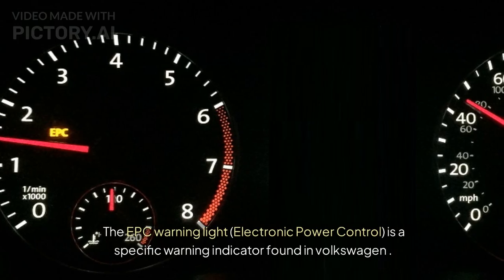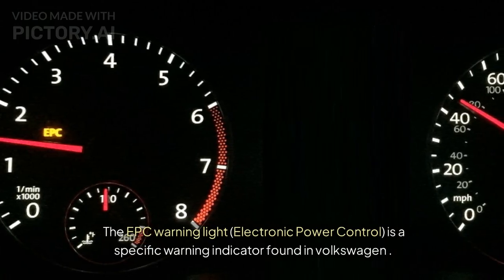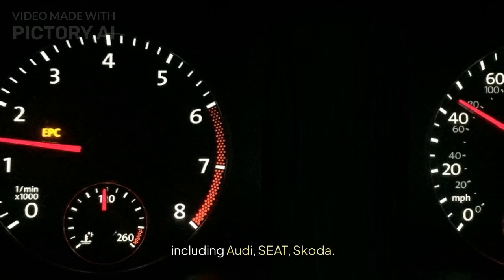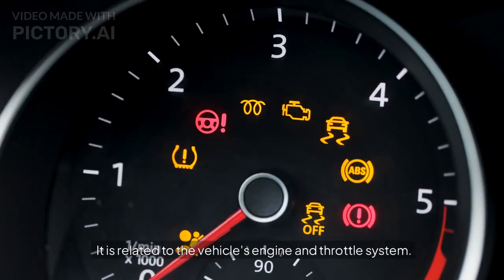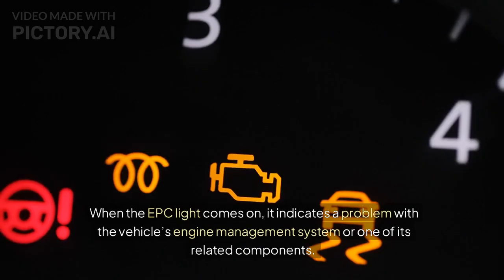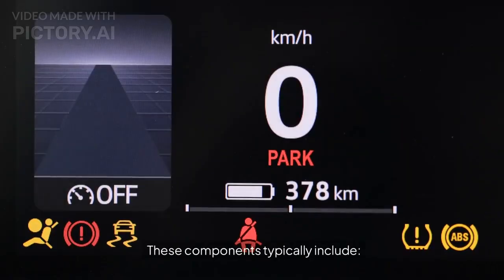The EPC warning light, electronic power control, is a specific warning indicator found in Volkswagen vehicles, including Audi, Seat, and Skoda. It is related to the vehicle's engine and throttle system. When the EPC light comes on, it indicates a problem with the vehicle's engine management system or one of its related components. These components typically include: